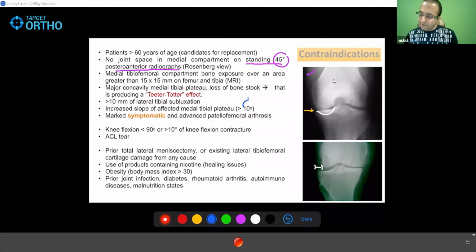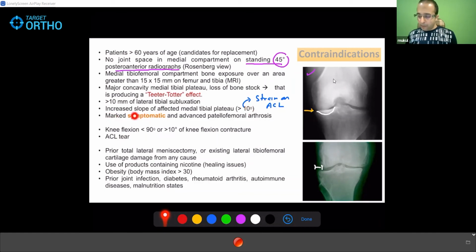Why? High slope means strain on the ACL, and the ACL has to be intact for an STO to function. Because if there is no ACL, the other compartment will also get damaged. Eventually, there is no point in doing a preservation surgery. So here the tibial slope either has to be modified during the osteotomy by the dual plane method, or you don't do the STO.